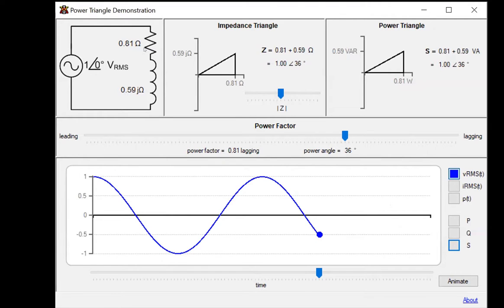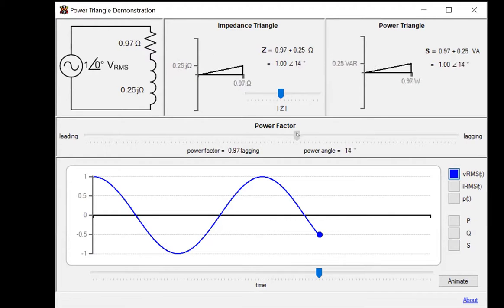So if we were to draw this load of 0.81 real ohms with 0.59 imaginary ohms in the complex plane, we'd get this impedance triangle. So this dot up here corresponds to the load of this resistive inductor combination. And the way that I've drawn it, we can change what the magnitude is of that load. We can also change the angle of that load using this